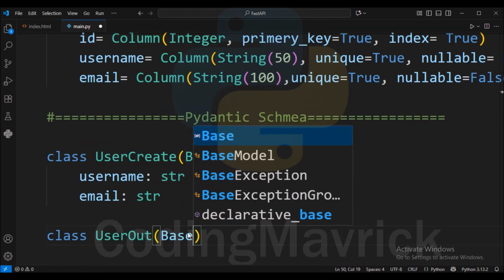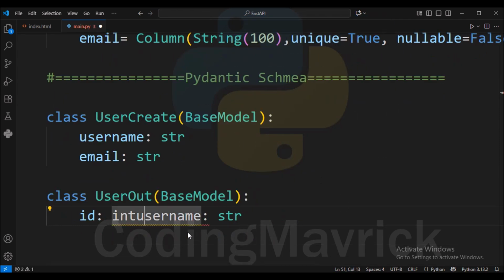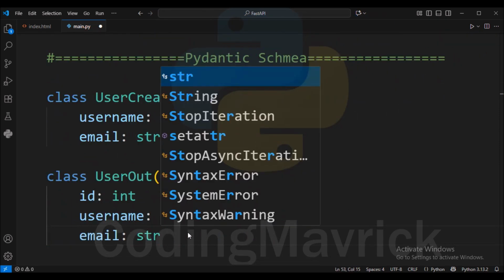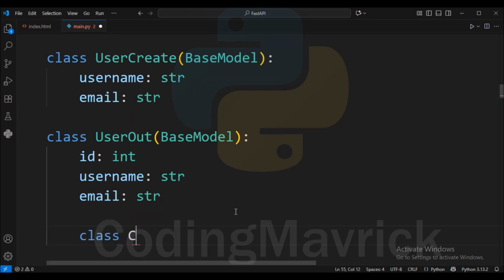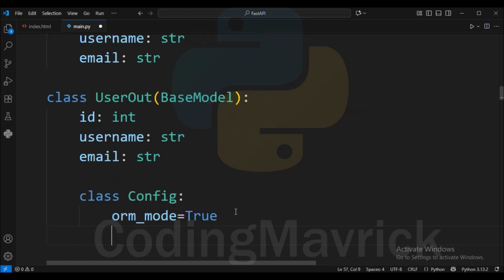Create another BaseModel UserOut for the response model for sending data towards the client side. Setting orm_mode equal to True tells Pydantic that it will read values from the ORM object directly.